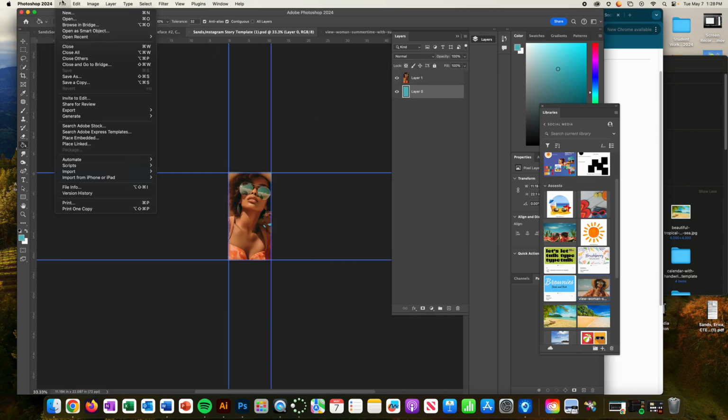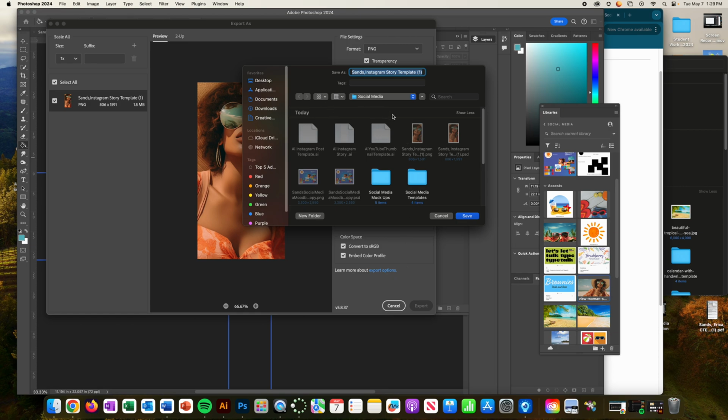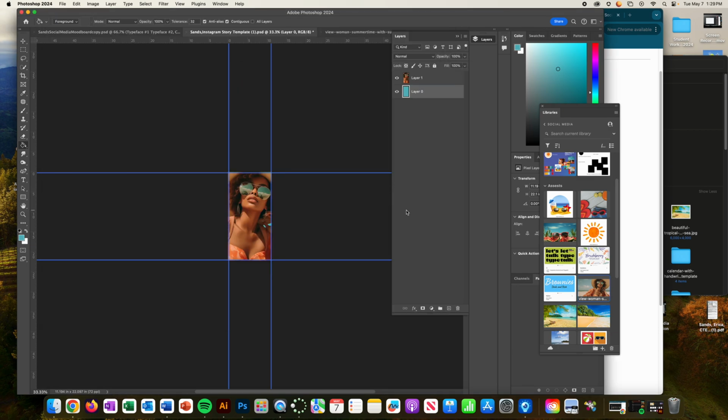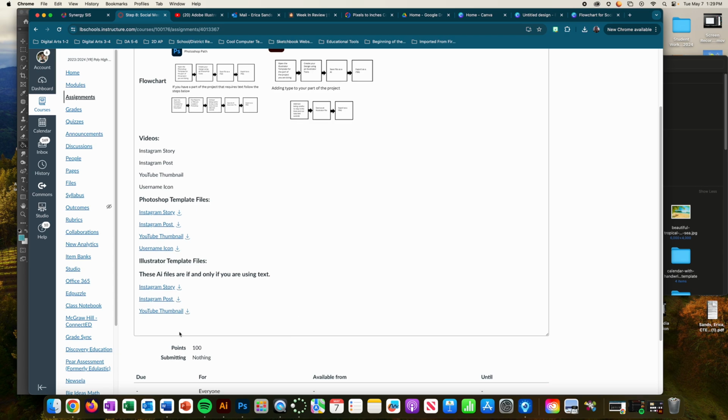And then I'm going to export this as a PNG. I'm going to have to go through this process no matter whether I'm using text or not, because I need to use this PNG for my mock-up at the end of the project. Okay, so at this point, I would turn in my PNG to Canvas for this project and get credit for that. But if and only if you are going to add text to your Instagram story, you are going to